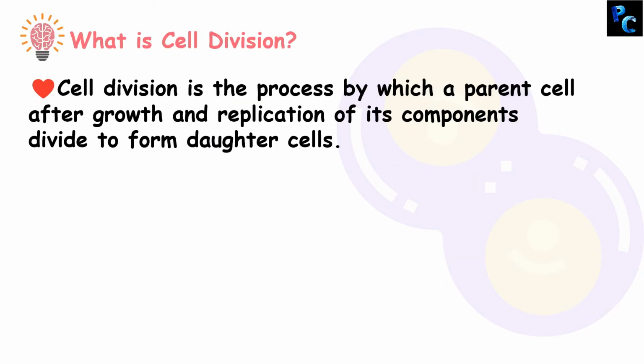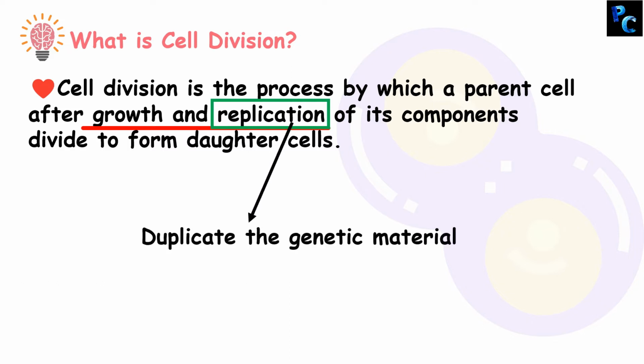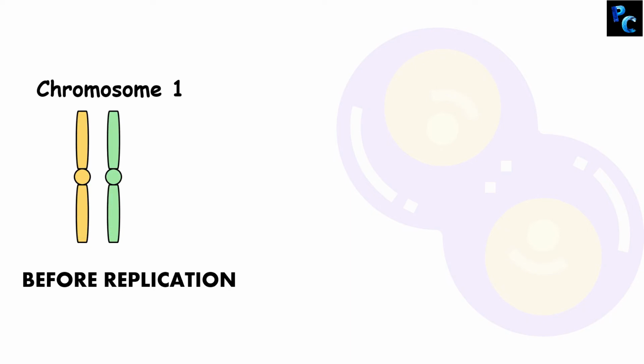Next, from the definition we learned, when the cell is about to divide, it will grow and replicate. Grow you can understand, it will increase in size. But what about replication? Replication means it makes a duplicate copy of its genetic material, that is, the chromosomes will be duplicated. In a cell, before replication, a chromosome will look like this. 2 arms connected at the center. This is one pair of chromosomes. One is in yellow and one is in green and they are